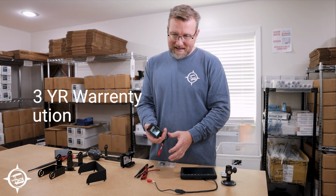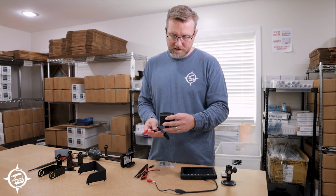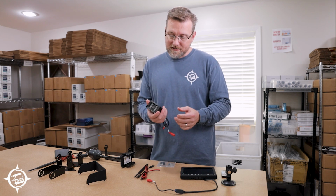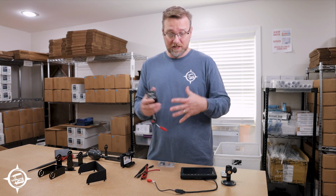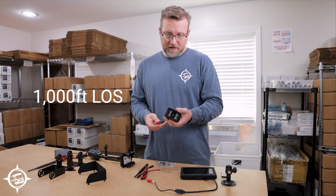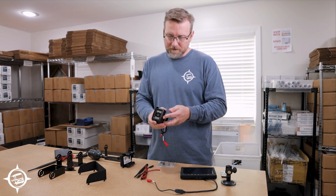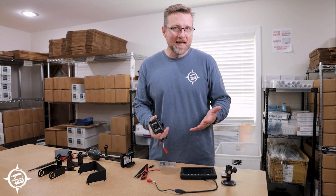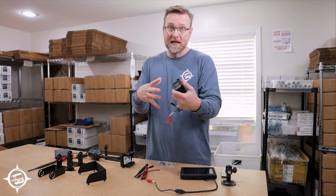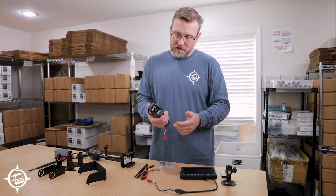It is 1080p image quality on this, so it is definitely putting off a high quality image. As far as the distance that the wireless connection can cover, it's 1,000 feet of static line, just like line of sight, 1,000 feet. But we know in the RV world that's not reality, right? So it's going to have to broadcast that signal through your RV. And if you have a diesel pusher, now you've got the diesel engine in between you and the monitor